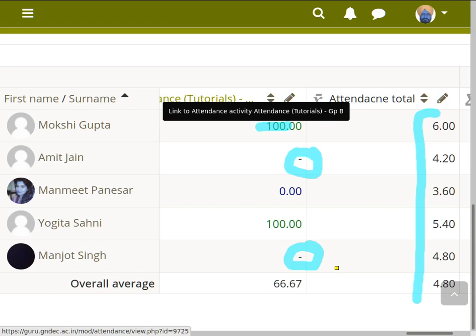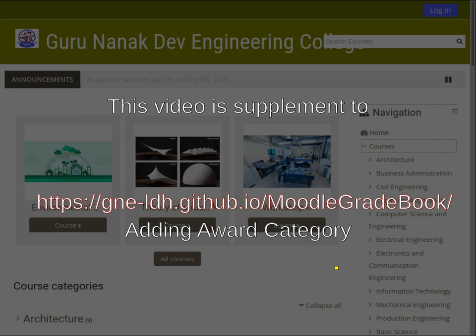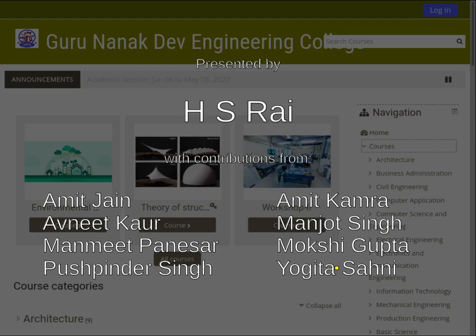So likewise, we can create a category for the mid-semester examination. For the assignments, there will be a little bit of difference, which we will discuss on that web page. And this is that web link. Read this link. Hope with this now you will be able to calculate internal assessment using the learning content management system named Moodle, available at